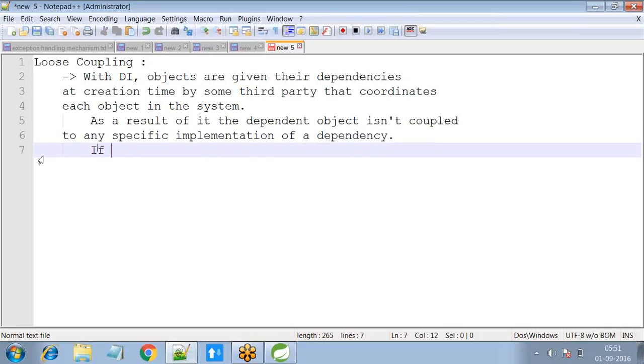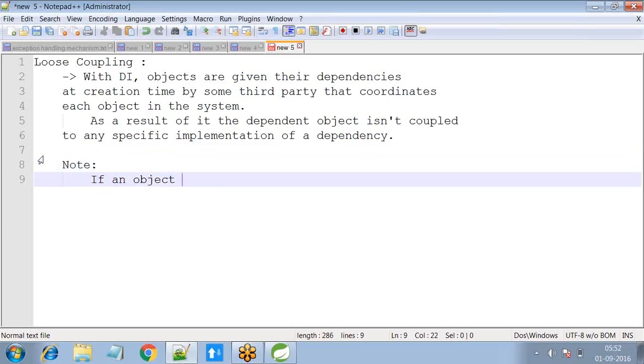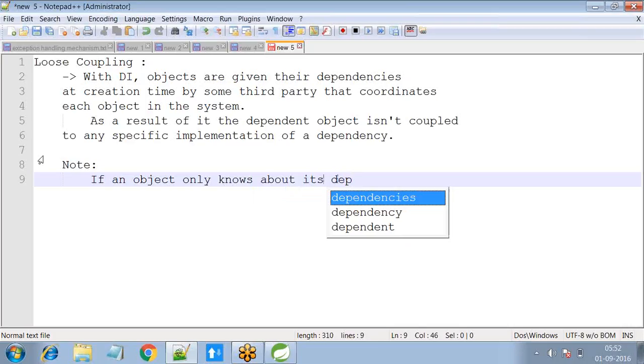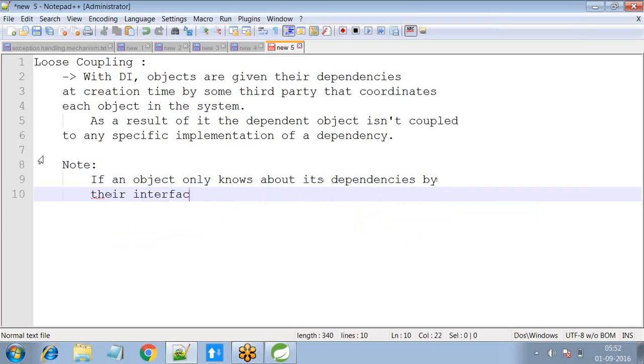The key point is, if an object only knows about its dependencies by their interface,